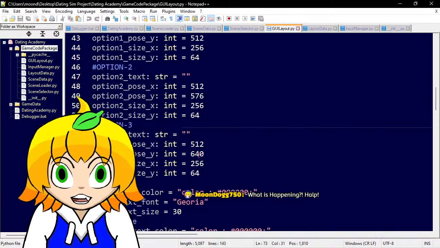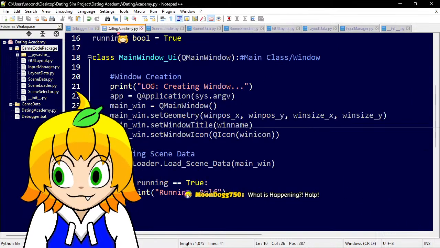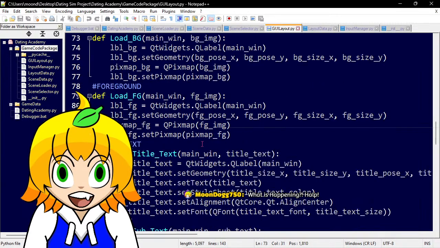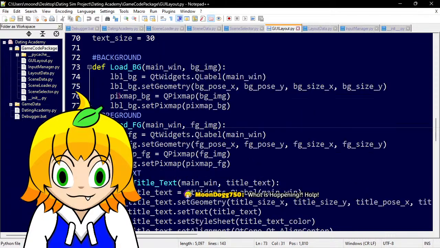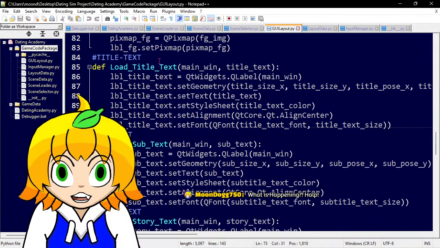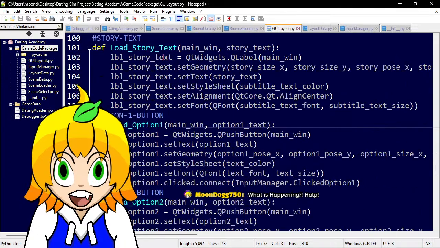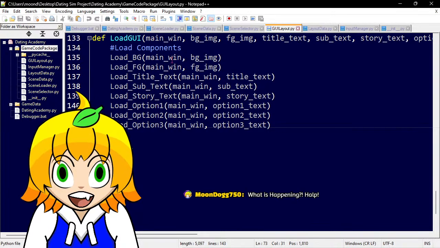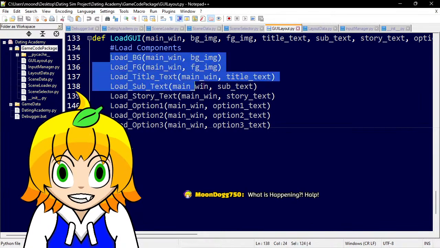This sends data back to WinMain, which is our main folder here, because this is WinMain, the main window, the application, the graphical user interface that we created at the very beginning that we're interacting with. We are building a background, foreground, title text, subtext, story text, option button 1, option button 2, option button 3, and then we run a final load of all the data that we just have here.